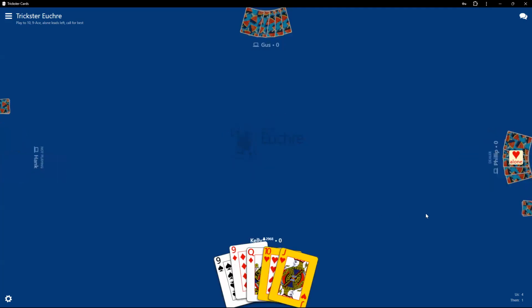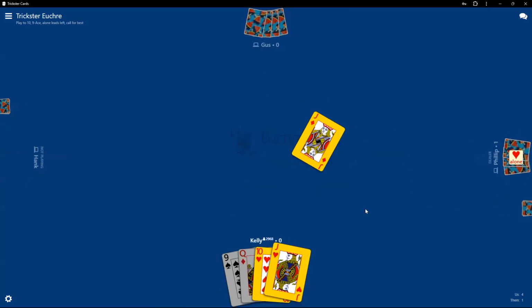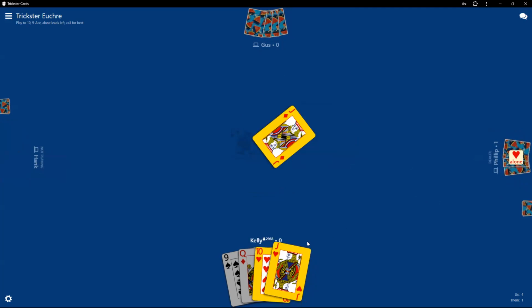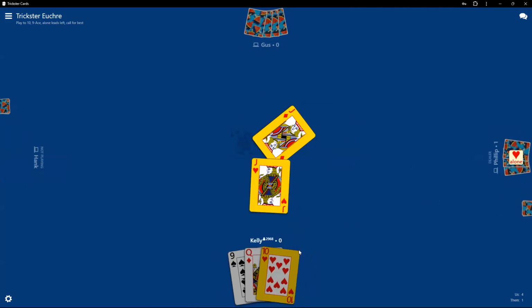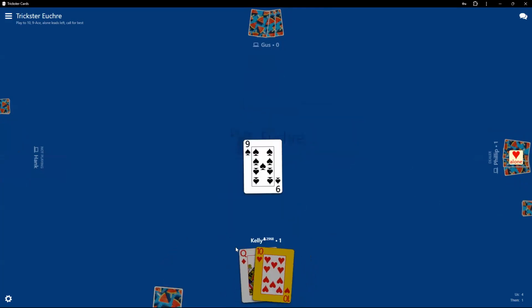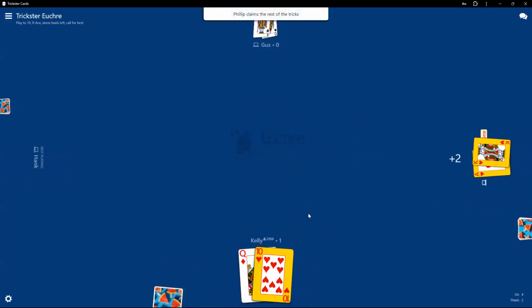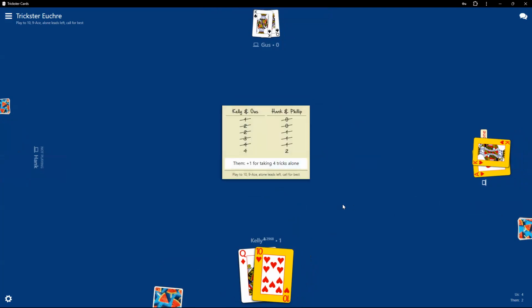If I went alone, I can go, see, this person went alone. And that's one of the problems if you don't make something, call something suit. I mean, there's times where getting euchred, okay, I've got the right Bower, so I'm going to get the point anyway. And one thing I haven't mentioned here is that when your partner, see, they've got the boss card, so they automatically played them, but hey, we stopped them from getting 4 points.